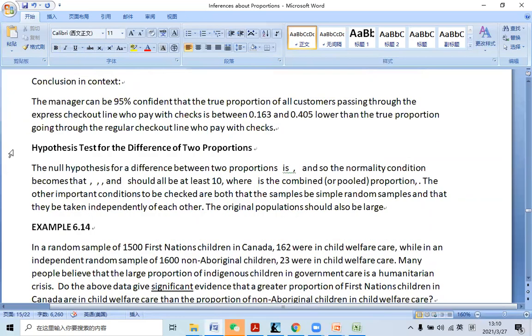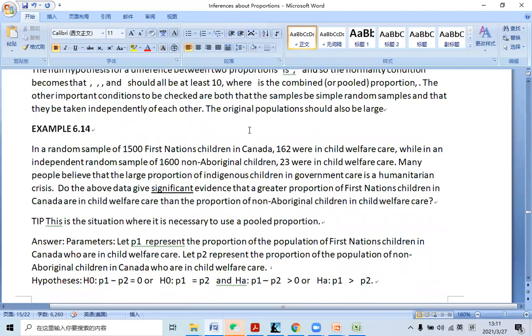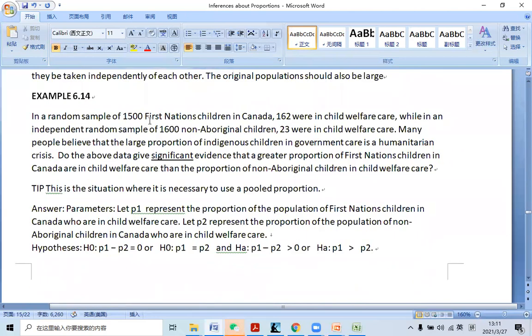You can get the confidence intervals and you can get the hypothesis testing. Confidence intervals is different from hypothesis testing. Let's look at the hypothesis testing. Well, in a random sample for 1,500 First Nation children,